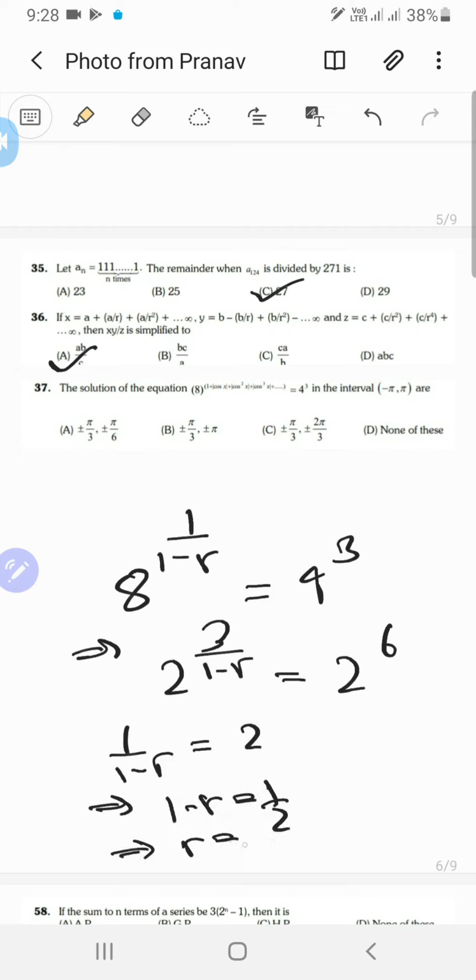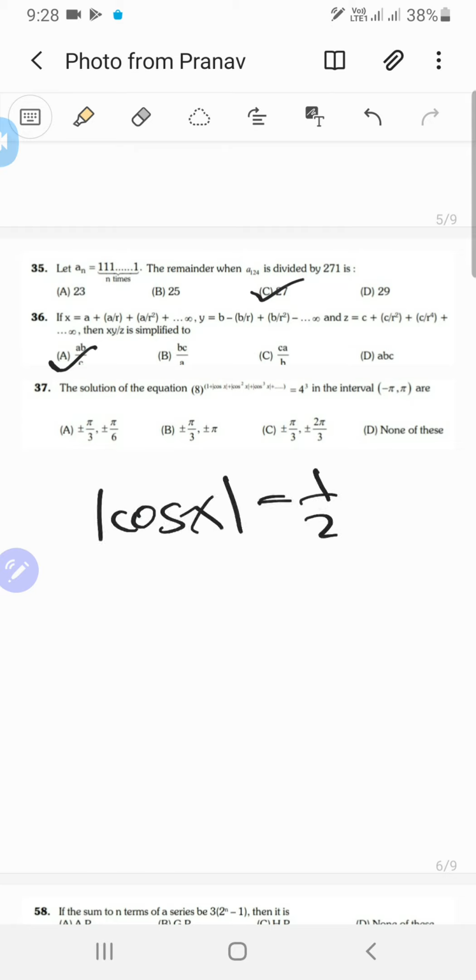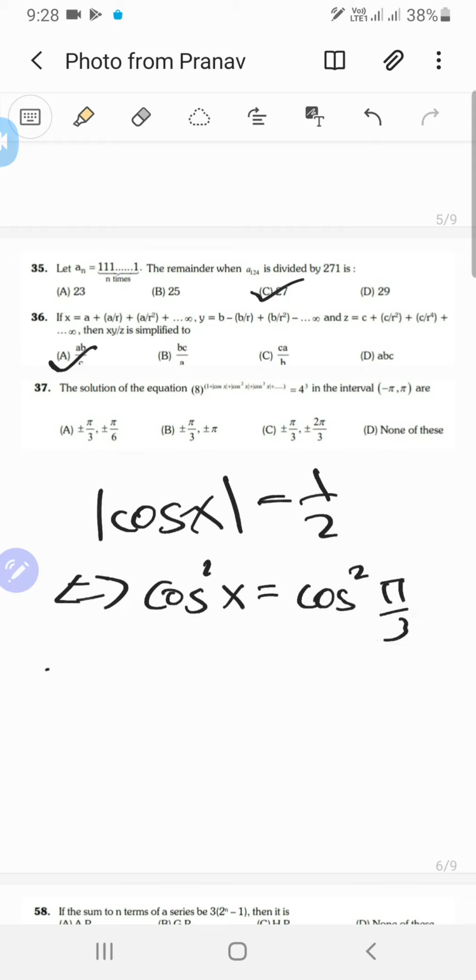So r is equal to 1 by 2 itself. So that makes more sense. So modulus of cos x is equal to 1 by 2. Which is equivalent to saying that cos squared of x equals 1 by 2 squared, or the cos of 1 by 2, so pi by 3, which means that